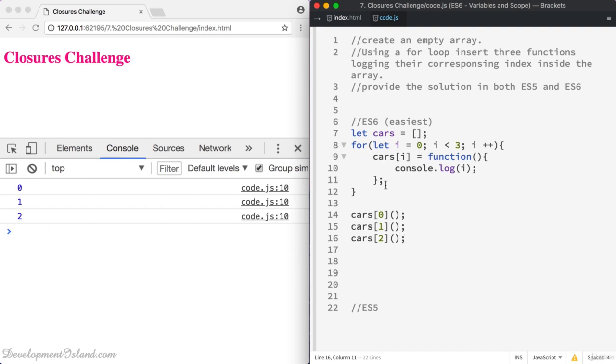So we know that this is going to work because every iteration of i will create a new lexical scope, and we get the right value of i stored every time. Now in ES5, it was a little bit more challenging because we had to use closures. So let's create another